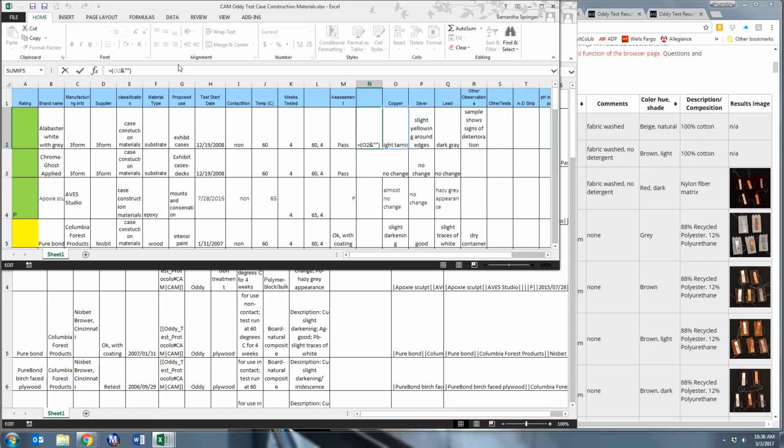Oh, sorry. Okay, so I want to write "slight tarnish on copper." Okay. And I'll add another ampersand. So in between the quotation marks there, I'm adding the text that I want to show up between the text that's in this cell. And then I probably want to add a semicolon, so then "on silver," I might,